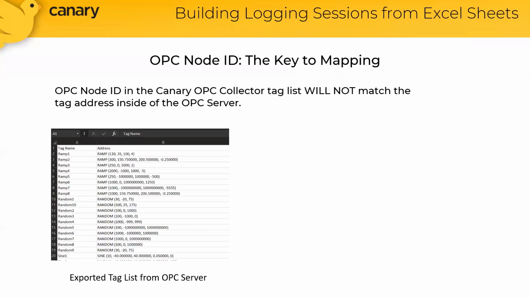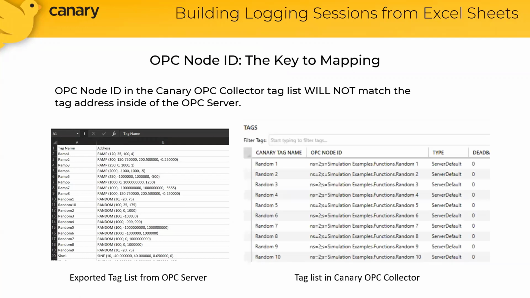But here is a quick example of an exported tag list with addresses from a Kepware OPC UA server, and then comparing that to the tags in Canary when they are mapped to the OPC server's address space. So you can see there is definitely a difference, and this is one of the things we're going to take into consideration here. So I'm going to go ahead and